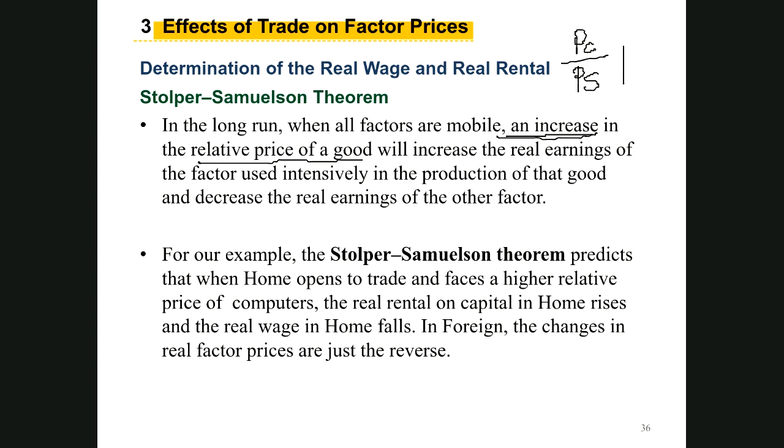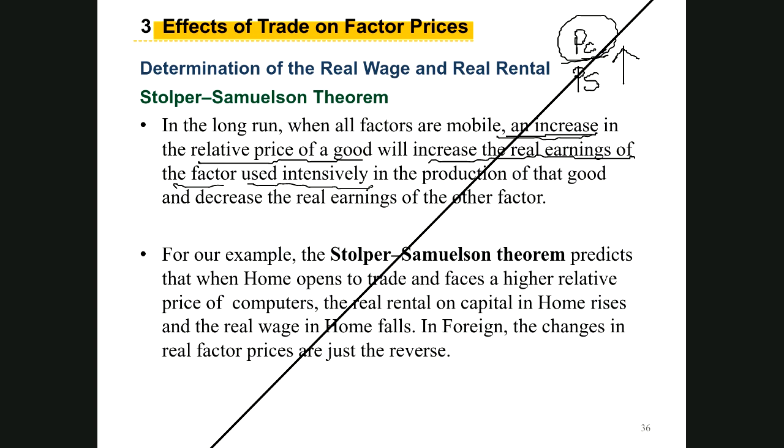The relative price of a computer to the price of the shoes increases, and that will increase the real earnings of the factor used intensively. So what's the factor that is used intensively in computers? It's the capital, exactly. Very good, thank you, Chenxing, thank you, David. The capital is the one used intensively